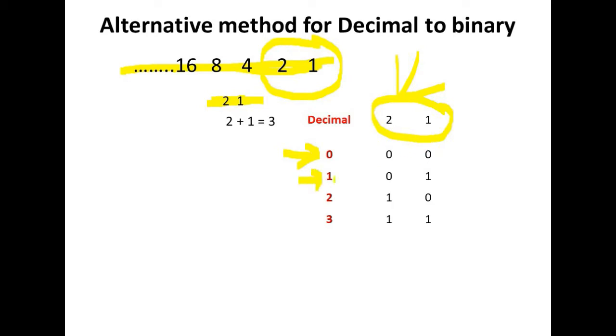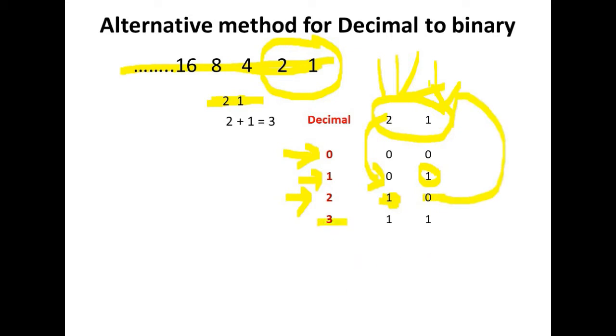Now come to 1. Here we want to convert 1 to a binary number. So out of 1 and 2 we require only 1. We do not require 2. So in place of 2 we put 0, and because we require 1, in place of 1 we put 1. So the binary equivalent of 1 will be 0 and 1. Now let us take 2. We want to convert this number 2. Here we see 2 is given in this place. So because we require this weight, this position is given 1, and the place of 1 becomes 0, because we do not require 1 in this case.